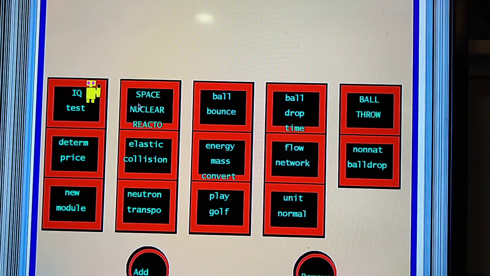Let me briefly introduce the natural language programming things that we've done. We have tried it out on some IQ tests, okay. And we've done a space nuclear reactor. That's the huge one. That's a very real one. It's about a $100,000 contract by General Electric and Lockheed Martin, the world's largest